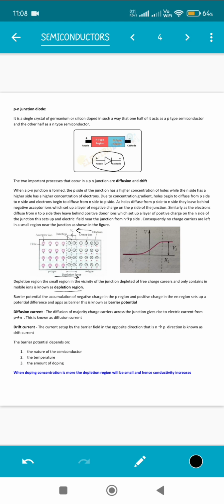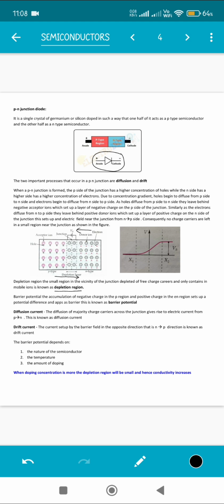So the charge carriers are moving, right, from one direction to another. From P side, it is moving towards the N side, the holes are moving, and from N side to P side, the electrons are moving. Because of this movement, there is an electric current. You know this thing very well, that whenever electrons move, electric current will be set up. You have studied about this in third chapter.